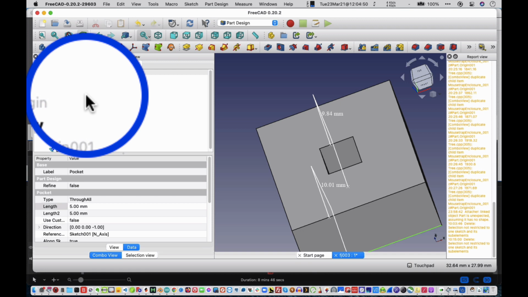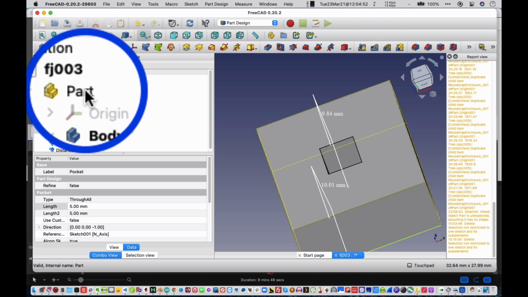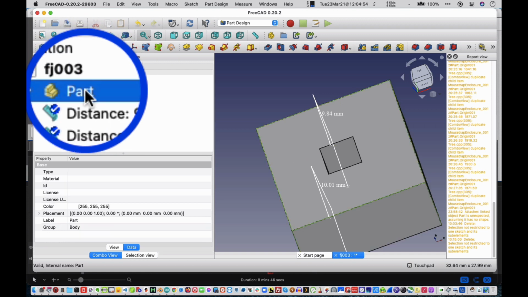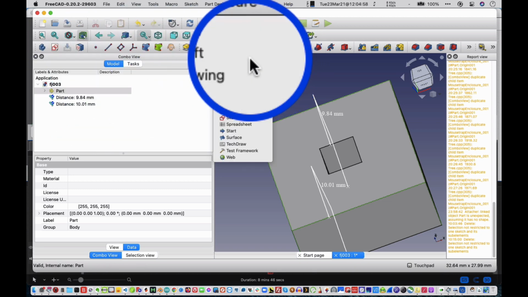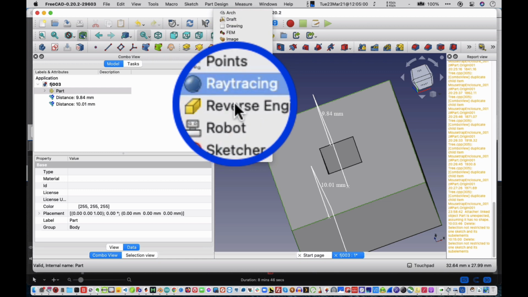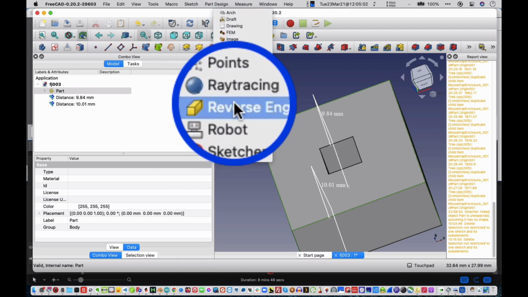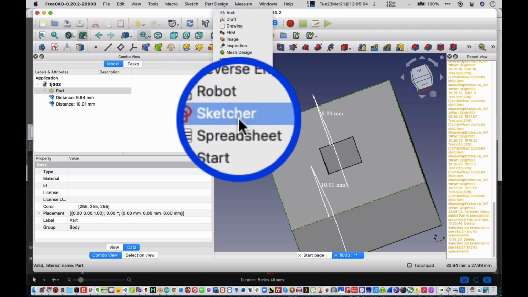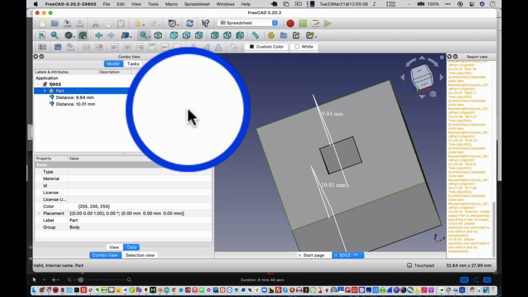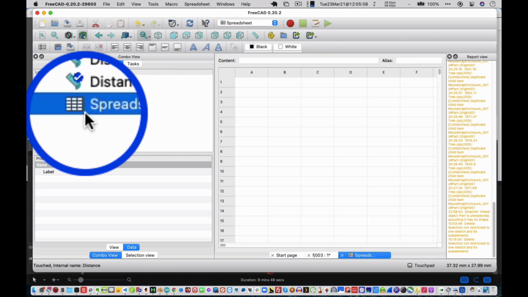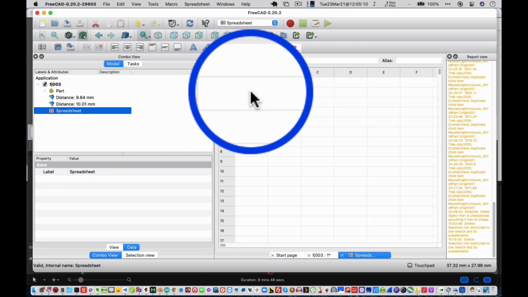It's on parametric modeling, so I'm going to take this part, double click it, and then I'm going to go under, there's part design. This is another thing, there's a bunch of workbenches here. Part design and sketcher. I'm going to go to spreadsheet this time. I'm going to create a new spreadsheet. You can see it's down in here, and then I'm just going to make one, but I'm just going to say, for instance, say